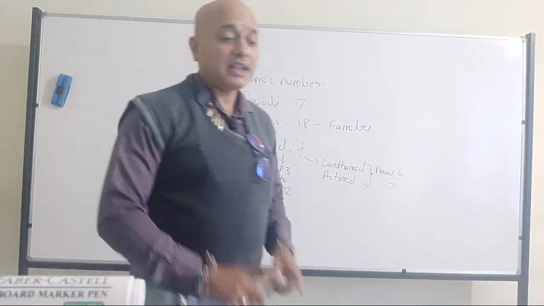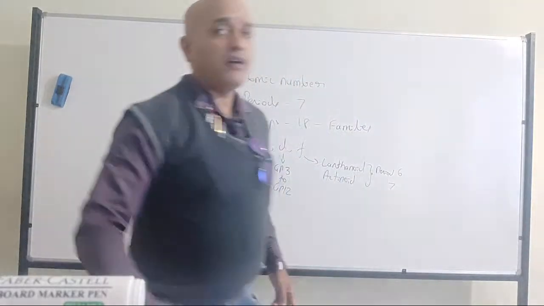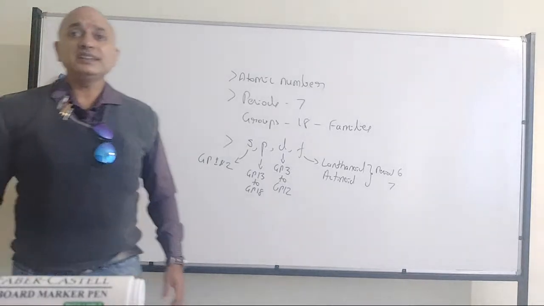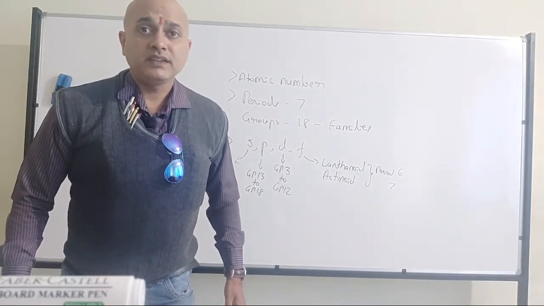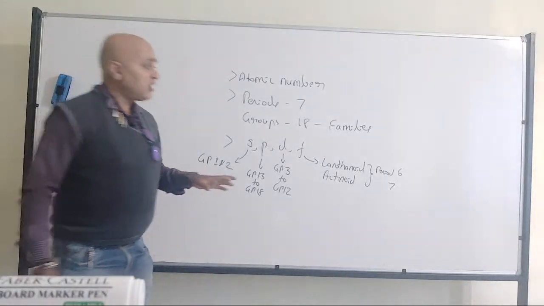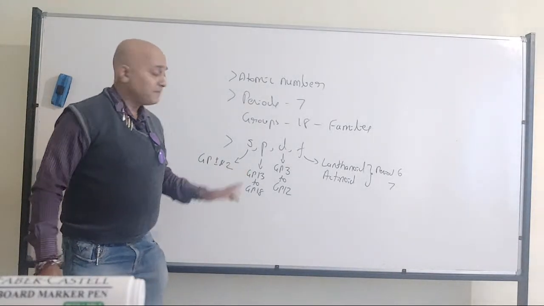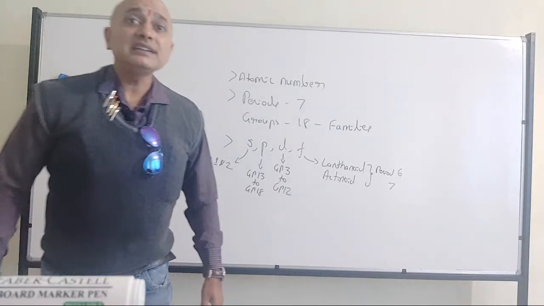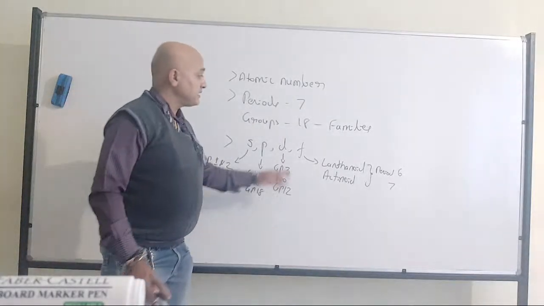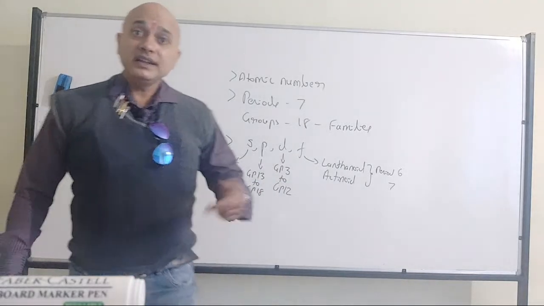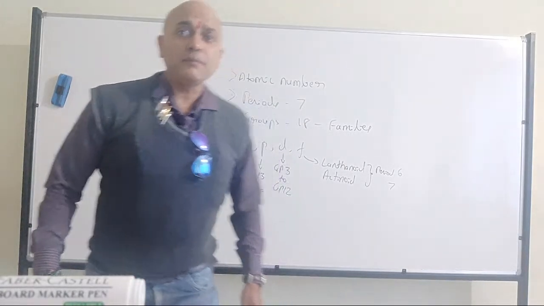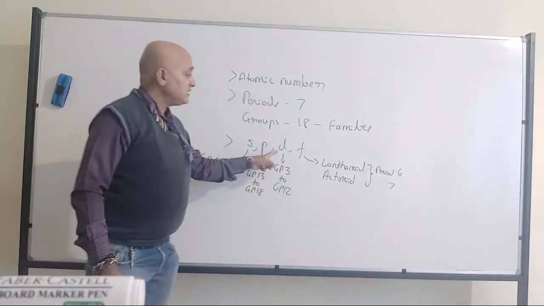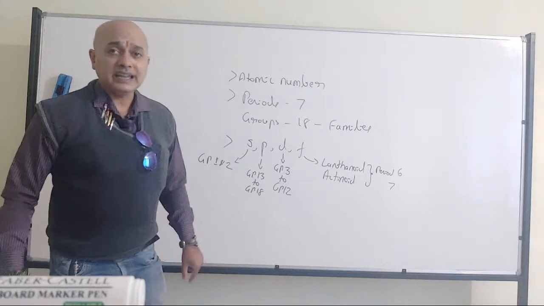Our elements can be categorized into different forms based on which particular subshell in the outermost shell is getting filled up, right? And it's not compulsory that it is the outermost shell. In case of the d block, it is the penultimate d subshell that is going to get filled up. But when it comes to f, it is an inner shell compared to the penultimate shell, the inner shell is getting filled up. Therefore, d is called a transition element.